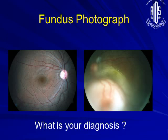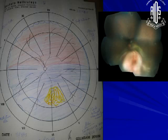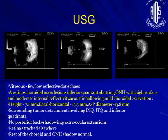But what we found in the fundus was a mass lesion with serous retinal detachment. What is your diagnosis? Any thought? TB. TB is a thought, and in fact there was a serous retinal detachment, and this is a montage photograph. And the ultrasonography showed a retinochoroidal mass lesion in the inferior quadrant, abutting the optic nerve head, with high surface and moderate internal reflectivity, acoustic hollowness following,